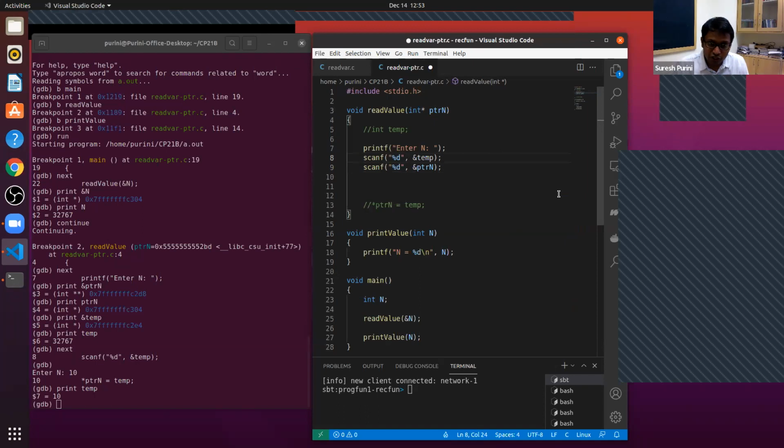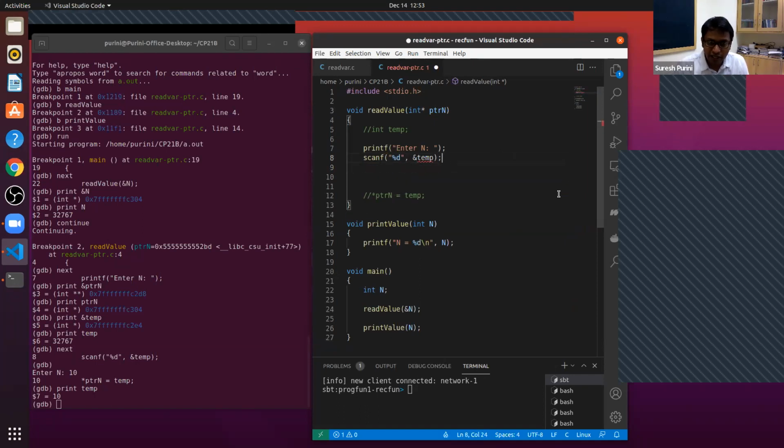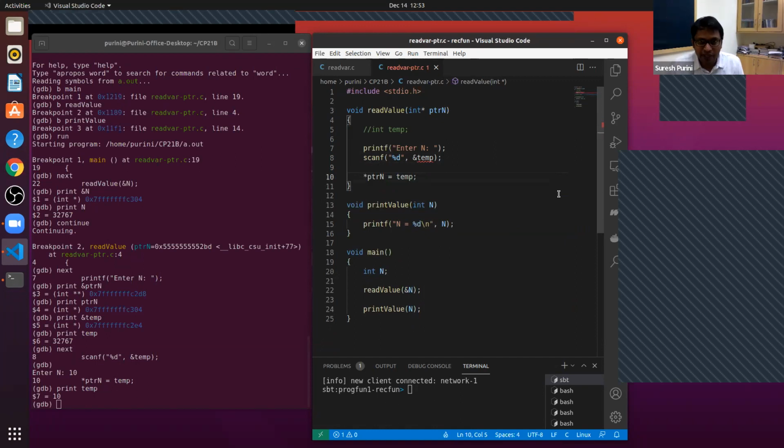There are questions about why we use C and not others. This kind of mapping of the programming language to the underlying memory and seeing what is happening is possible only in C. In other languages it's very difficult. Like in Python, there's no way.